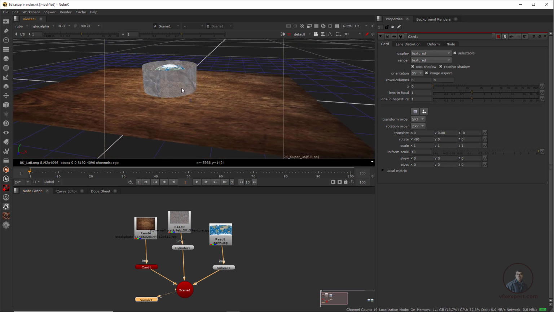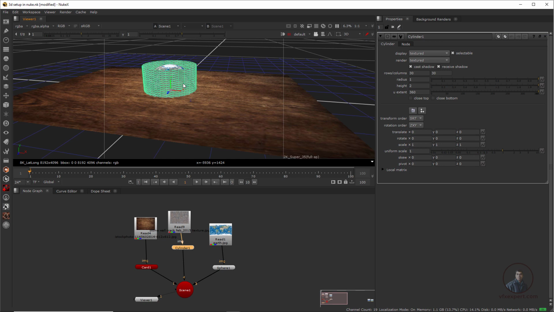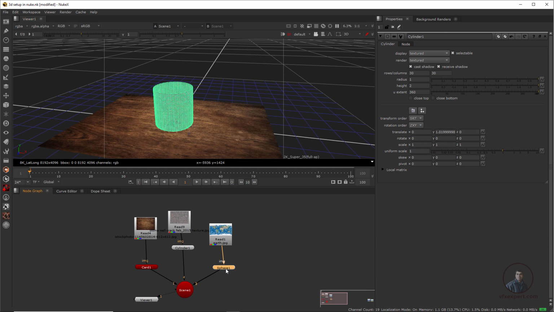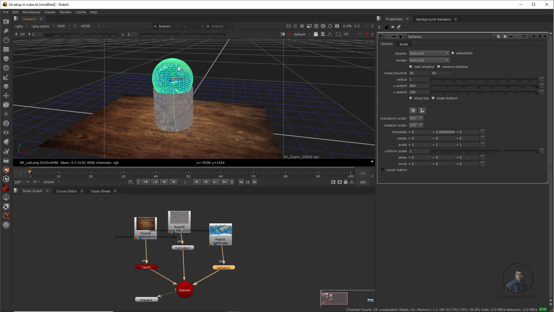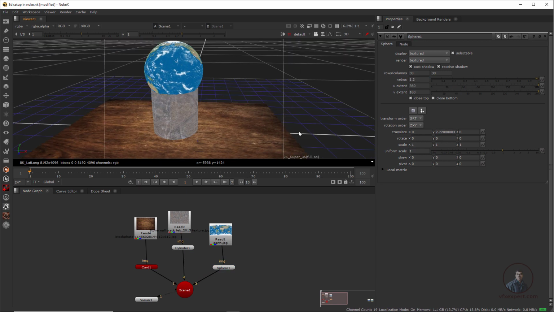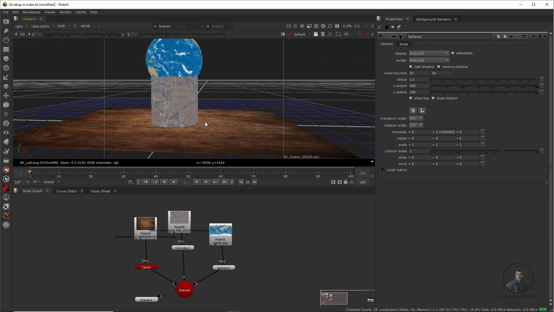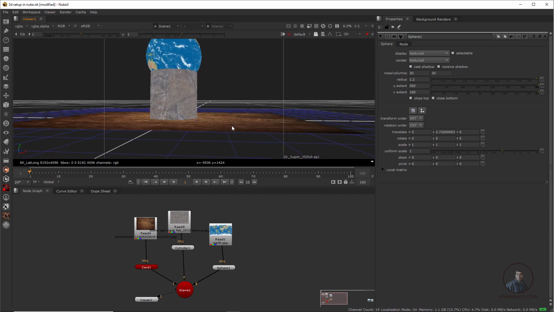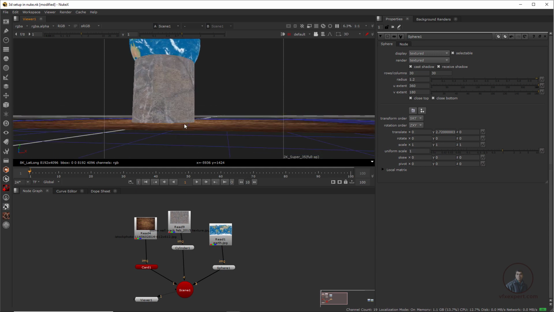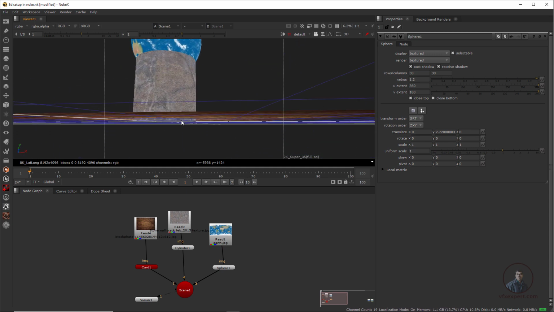Then again, you can double click directly on the object or on this node. Okay, so just double click on this cylinder, then move a little bit up and take a sphere again, double click and add and place it here. So here I have created this basic setup, and suppose you want to place your cylinder at an exact position, because if you look here, it is going a little bit downside from this plane here.